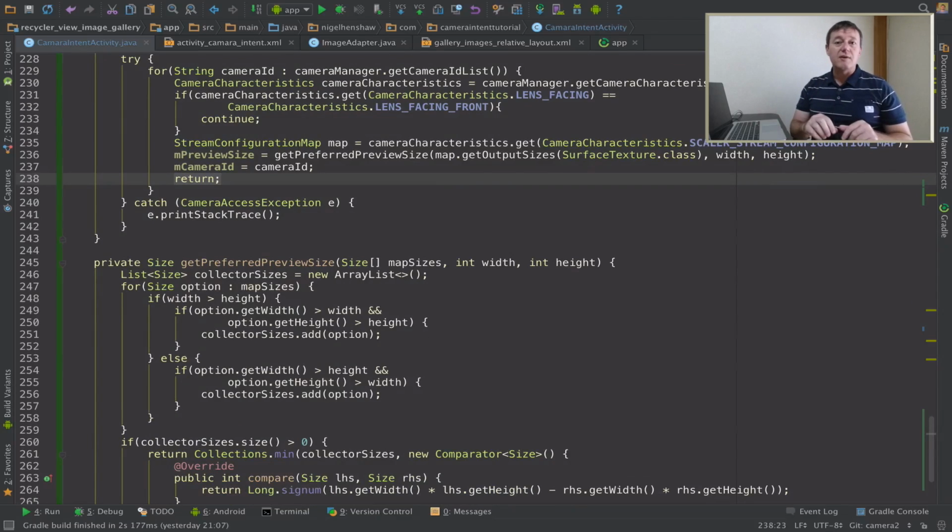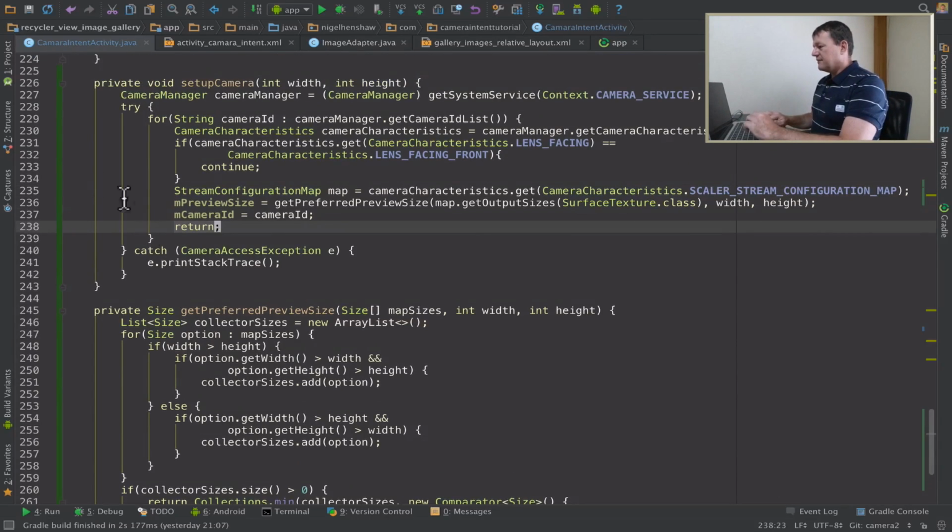I've been typing for quite a while. Okay, I just want to run this in debug mode just so we can see what values are getting returned to us from the camera characteristics scalar stream configuration map, and compare them with our TextureView width and height here. So let me just put in a breakpoint